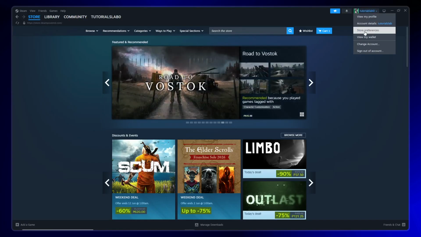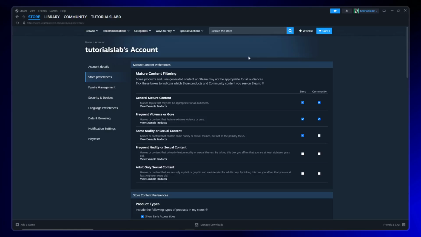From this drop-down menu, look for and select Store Preferences. This option is specifically designed to help you customize how the Steam store appears and functions for you, including the language in which all store content, game descriptions, and promotional materials are displayed. Clicking on Store Preferences will take you to a dedicated settings page where you can adjust various aspects of your